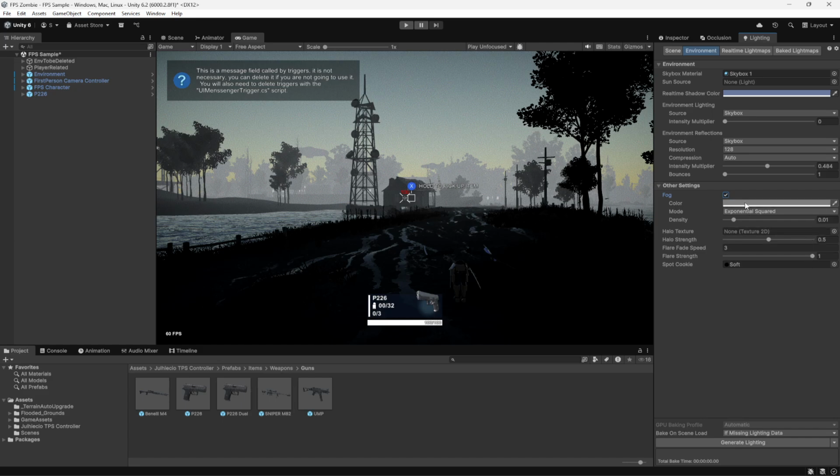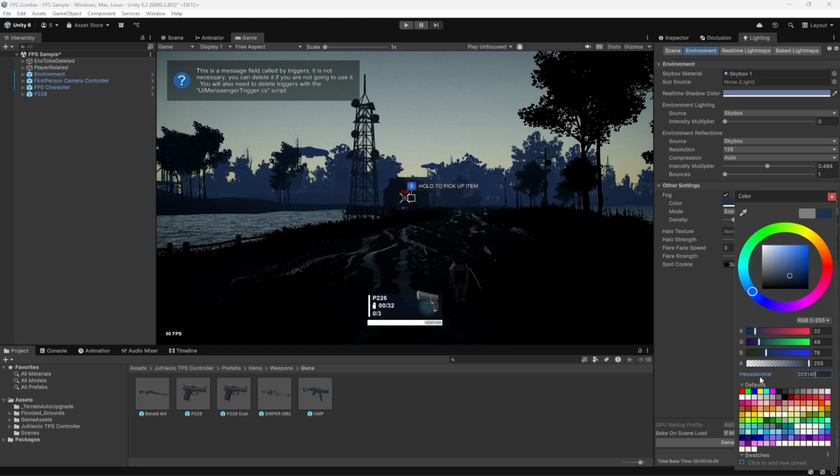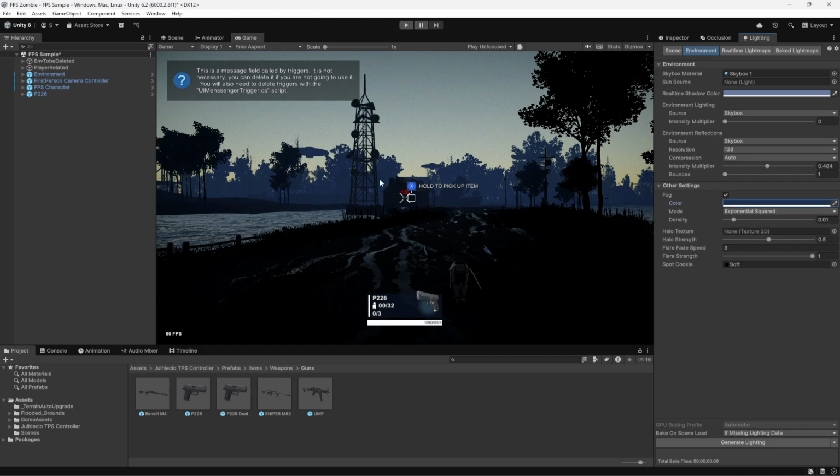and for the fog we need to change the fog color. So the color of the fog will be this value. Okay, you can go ahead and type this hexadecimal value, which is 20314E. This is this blue kind of color. All right, and let me tell you that you can choose your own lighting. I prefer black in this zombie game, so if you want, you can just follow me step by step. All right, so once you do all this, then